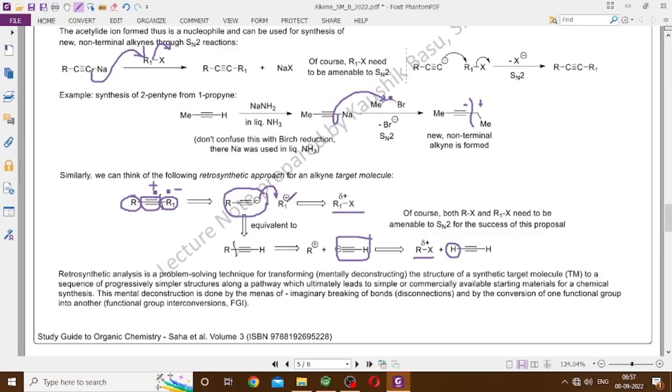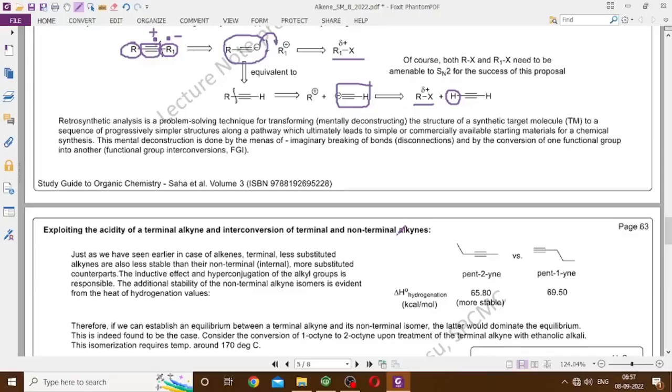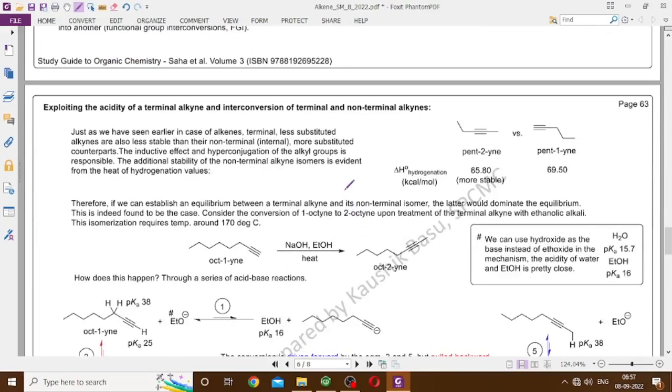But as I have told you, R1 plus or R plus are not going to be generated from R1X or RX respectively, because these are SN2 reactive electrophiles. In the presence of such a strong nucleophile, they have absolutely zero chance of undergoing a heterolytic cleavage. Okay, now you have